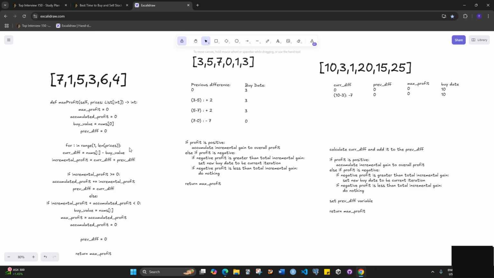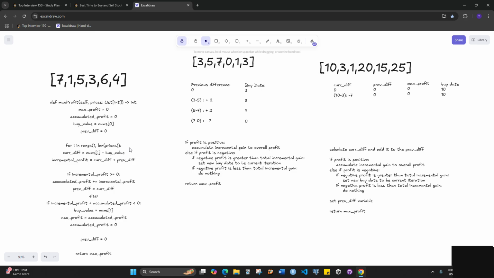So the next one, we start iteration 1, do 5 minus 1 is equal to 4, incremental profit is equal to 4 plus, so it's just 4 in this case. If incremental profit is greater than or equal to 0, which it is, accumulated profit just goes to 4. Cool. And then we do previous diff is equal to plus 4. Next array, so it's going to be minus 2. So we do minus 2 first, and then we do incremental profit is equal to minus 2 plus